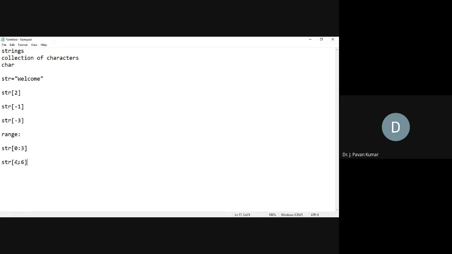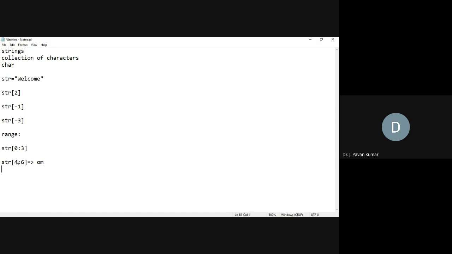Then what will be printed? OM. 6 will not be included, as we have said. 4 to 6 means only 4 and 5 will be included.